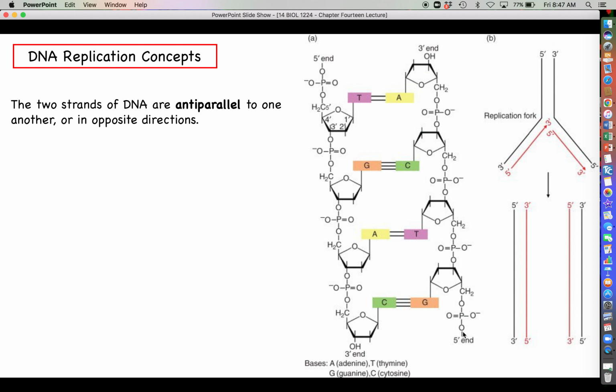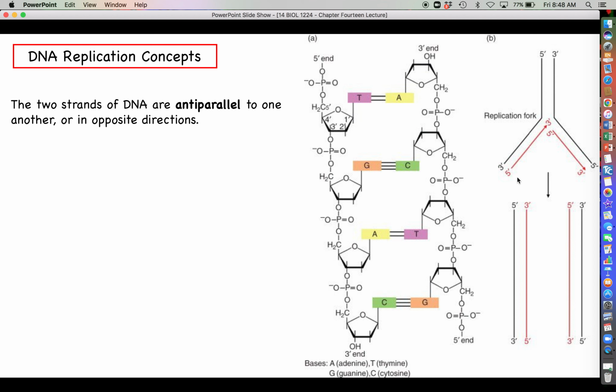Here's your 5' phosphate here. Here's your 3' hydroxyl up here. So this is why we use the term anti-parallel to talk about two complementary strands of DNA. They are parallel, but they're pointed in opposite directions. And like I said, this is actually going to complicate the issue of DNA replication, because when we unwind these